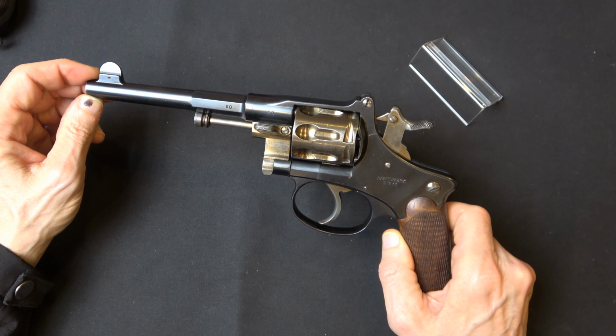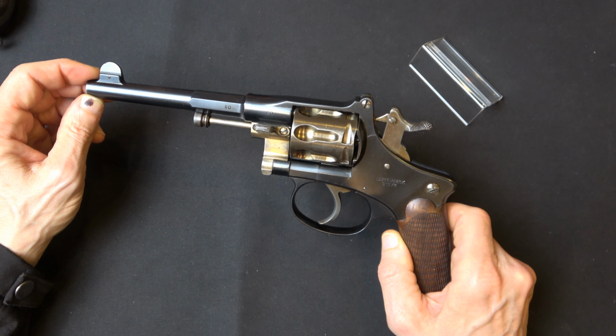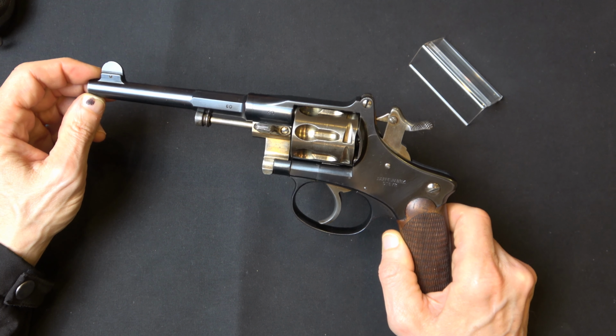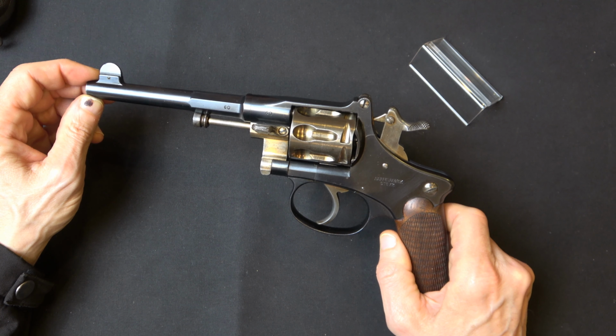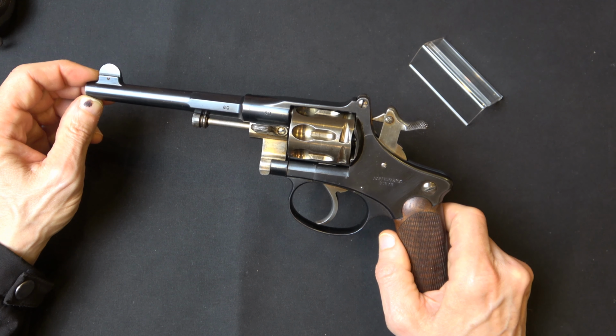Also, as the parts needed to be just treated a little bit differently in terms of the metallurgy, you can see that the hammer, the cylinder, the crane, the trigger, and all the screws were strawed. Now, that is not an oxidizing process. That's simply a heat treating process. It's a lot harder to oxidize and card and recard a small part. So rather than subject them to that kind of very tedious, labor-intensive steps, it's much easier and actually more attractive